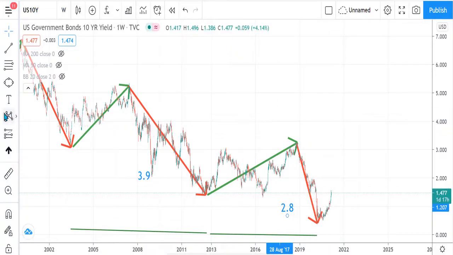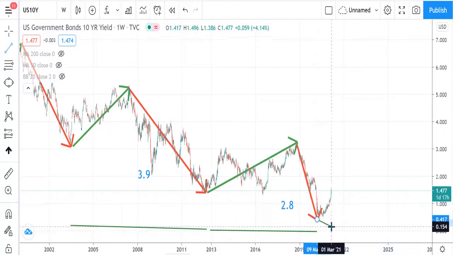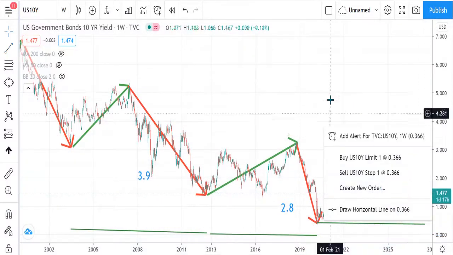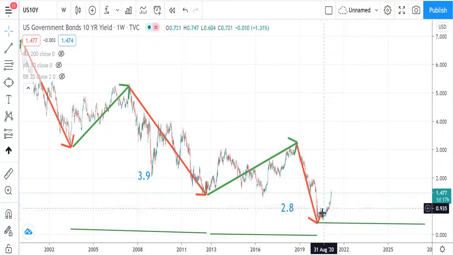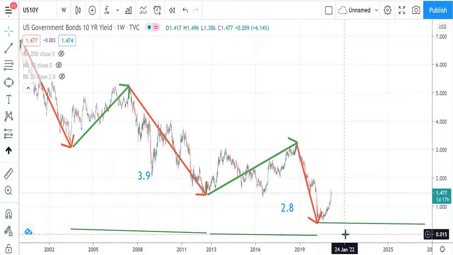Then next we're going to look at the power that it has to go beyond the low that we have here. This is the low, so let me highlight it for you. This is the low point that we have. This green line that I'm drawing is the low point. Let's try to see. Right now it is making a reversal, or rather a retracement upward. And what's the likelihood of it moving down below the previous low?